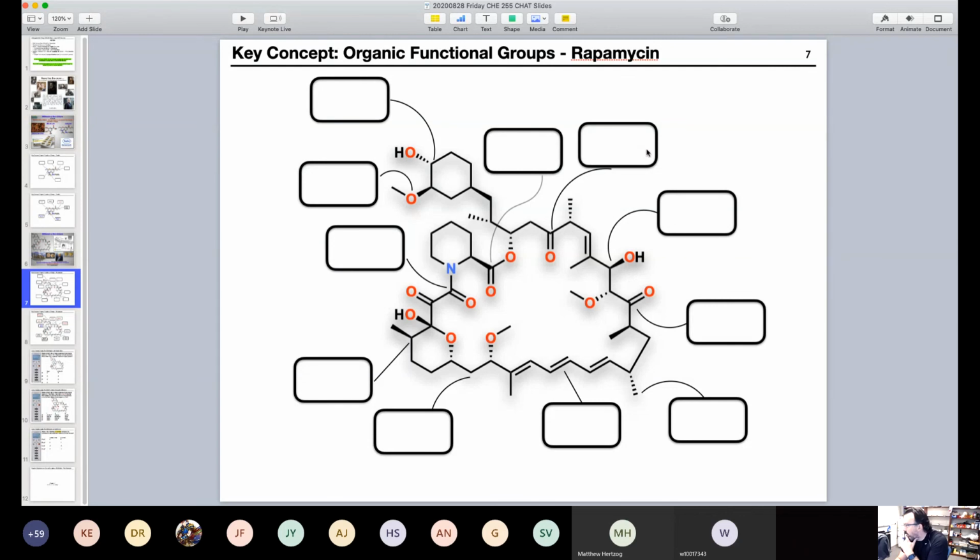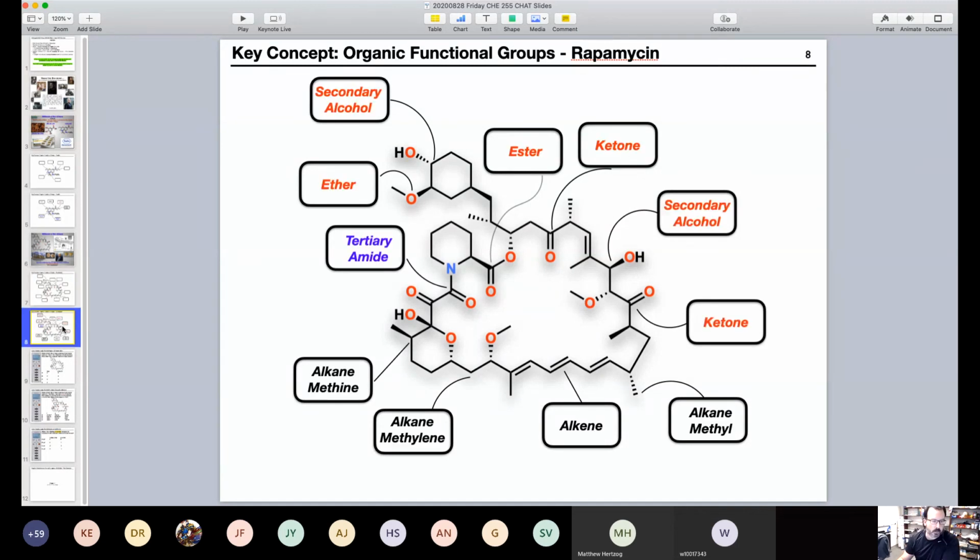So, Katie, are you asking about this one right here where the mouse is pointing? So this one, if we look at that carbon, we have 1, 2 bonds. The oxidation state is 2. We have carbon, carbon, so this is a ketone. So here it is with the answers populated. So that's a ketone.